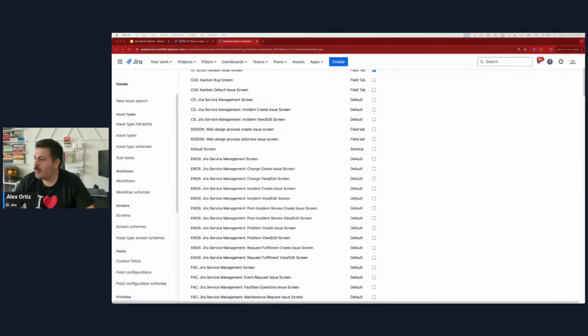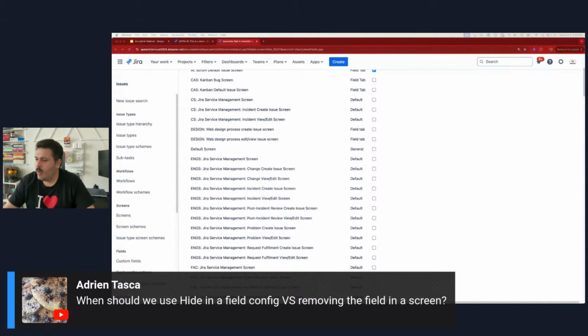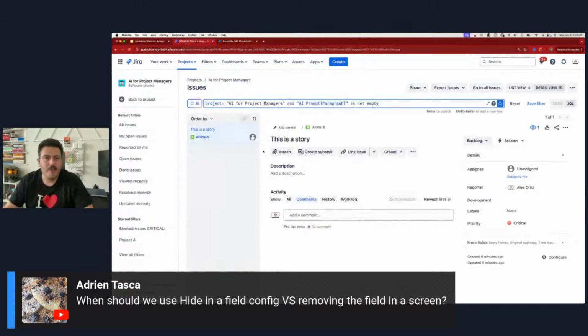Could it be? Yeah. Nope, we answered that one already. When should we use hide a field versus removing the field from the screen? That is a great question. So that is why I was going down this endeavor, right? Because my understanding, and again, I have to go look this up, but my understanding was if you want to completely